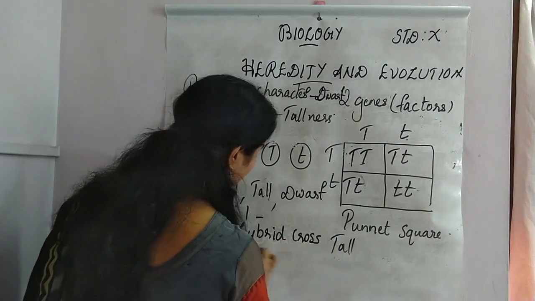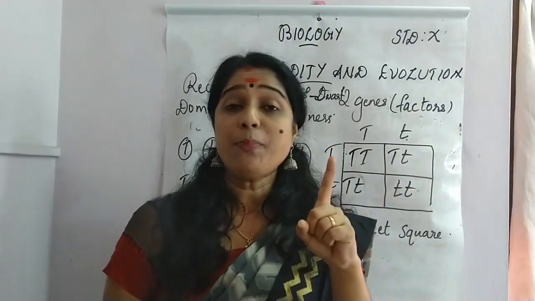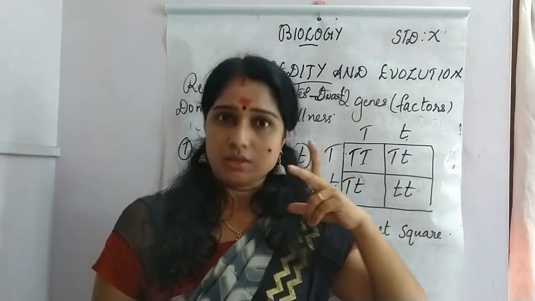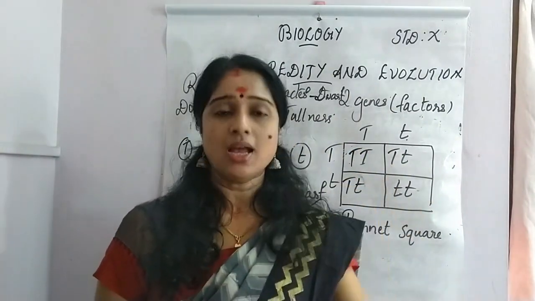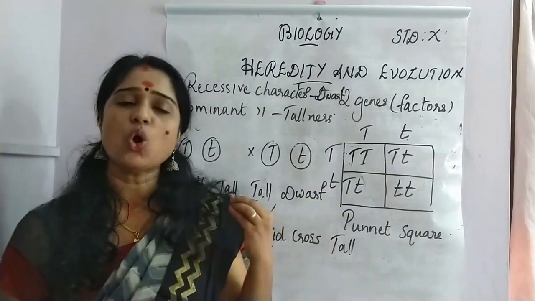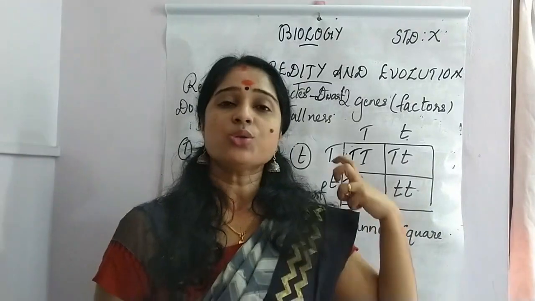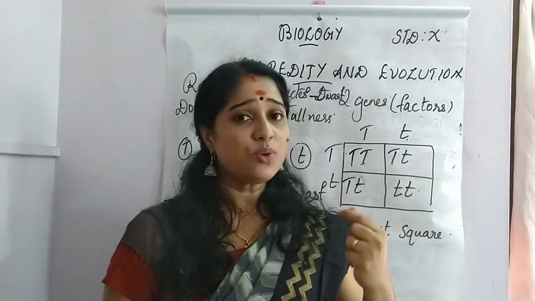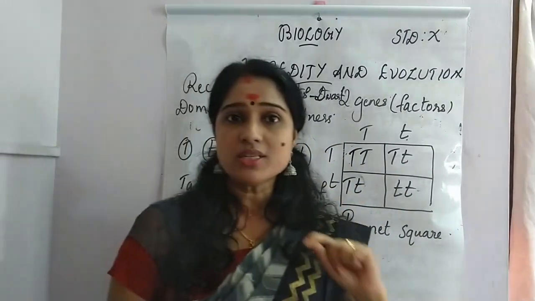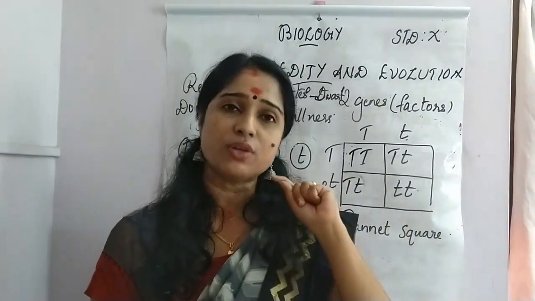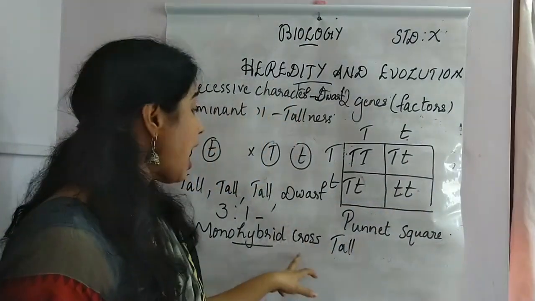Monohybrid cross. Very, very important. Why is this cross known as monohybrid cross? Only one pair of characters was considered. Of course, you know that these plants had all 7 characters, but Mendel gave importance only to a single pair of characters for finding out the relation. Mono means what? Single. As he had given importance only to a single pair of contrasting characters, such a cross is known as monohybrid